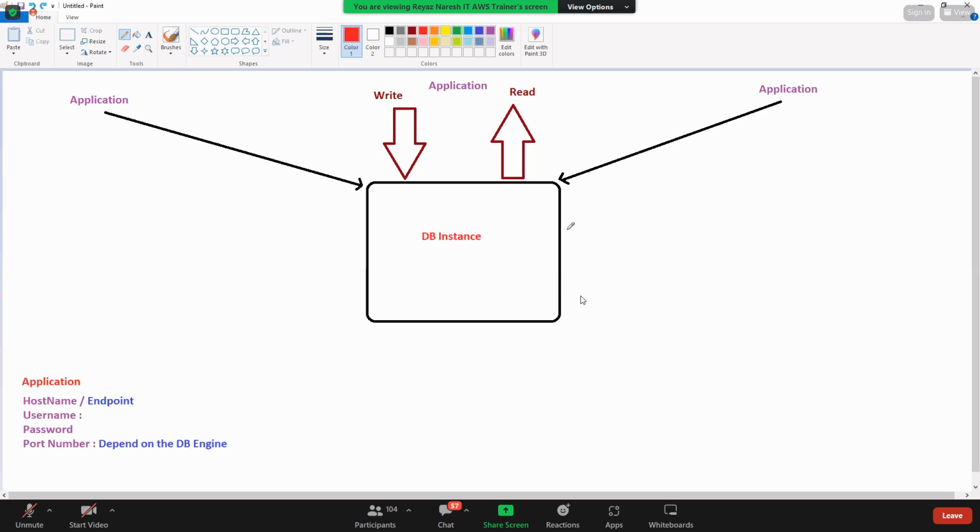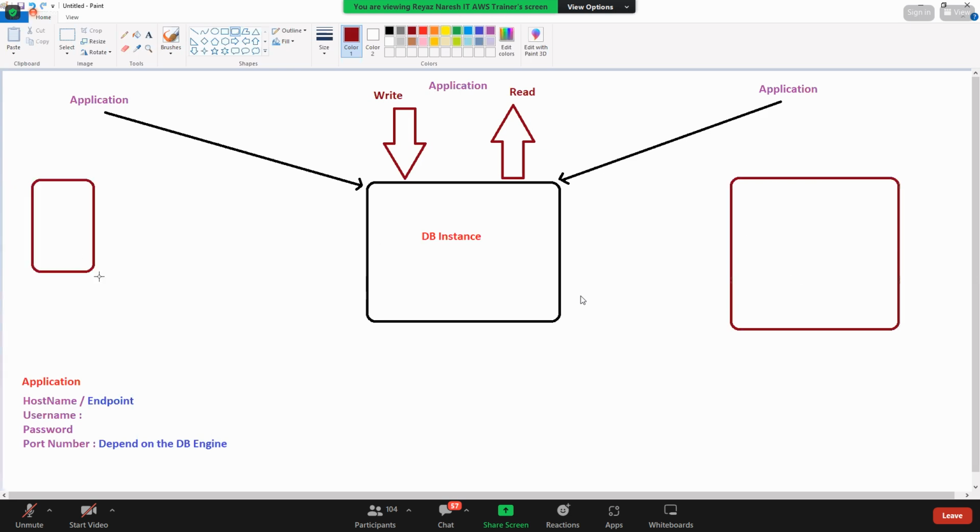No. For this kind of purpose, AWS, or RDS, came up with another new feature which is called read replica. So you can create a read replica out of it.